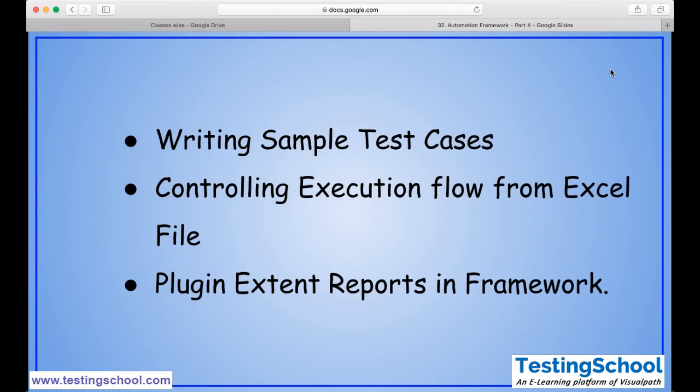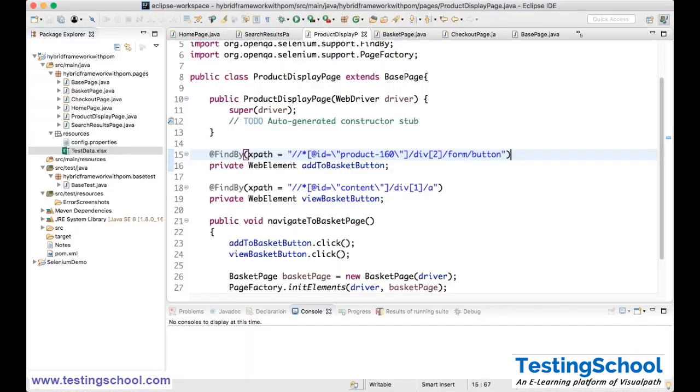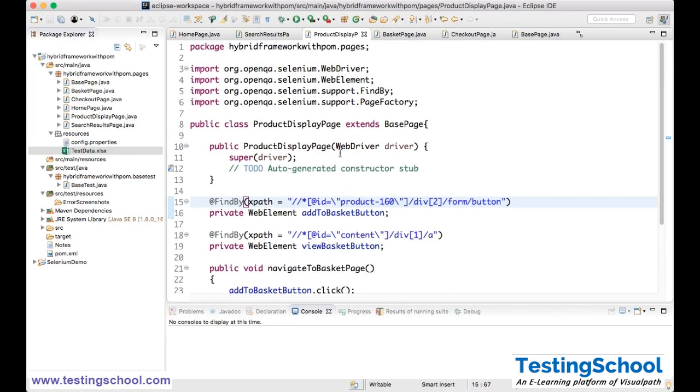We just wrote page objects, meaning we initialized the web elements and we have written the actions, but we are not performing anything yet. So that we'll see in this. For that, let's go to Eclipse. So this is what we are doing. Now here, in the src test Java,